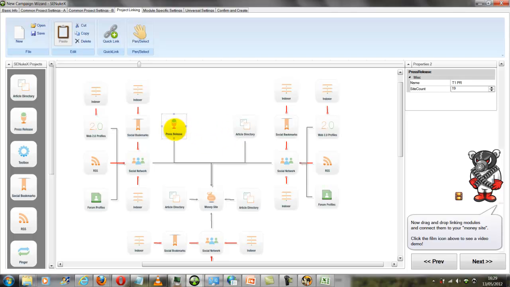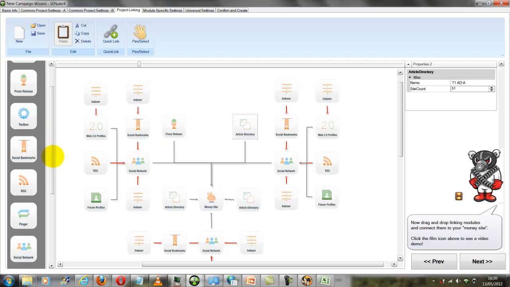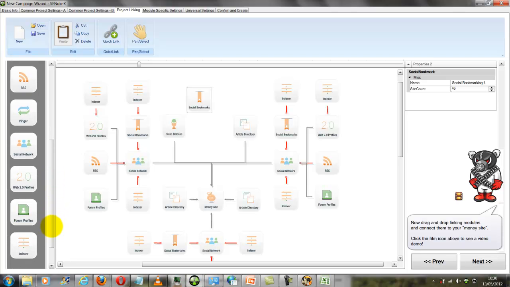That being said, some of them actually do now, and if you wanted to, you could set that up outside of this wizard and link to these with some forum and Web 2.0 profiles. Okay, so something I do in here extra is I create social bookmark, Web 2.0,